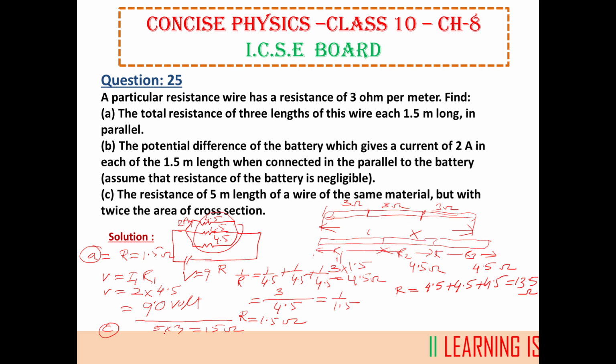We know that the resistance varies with L by A. If the area increases, the resistance decreases, and if the area decreases, the resistance increases. So in this case, if the cross section is doubled, the resistance of the 5 meter wire will be 15